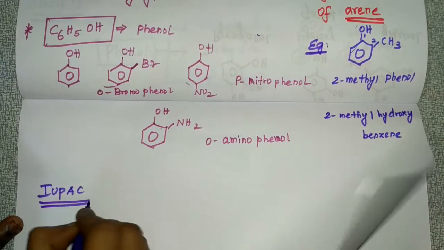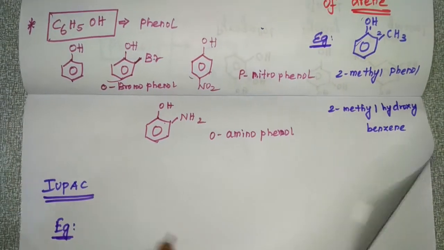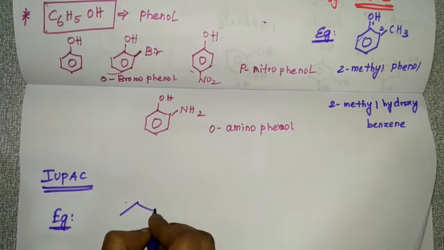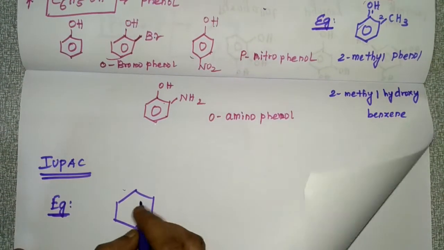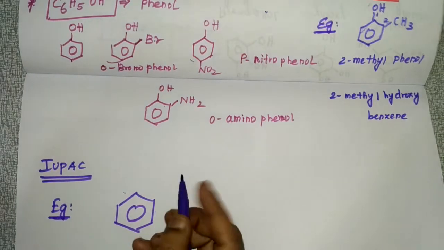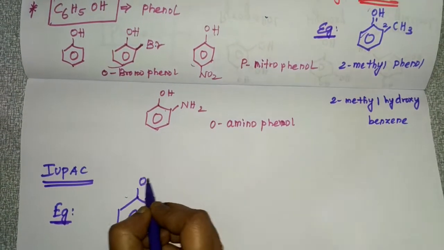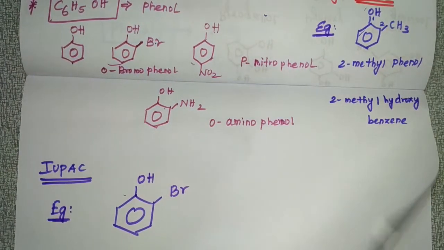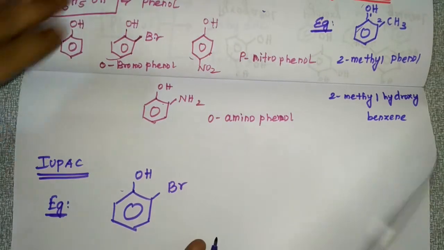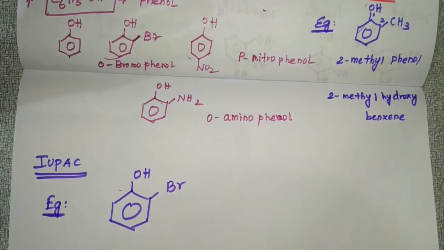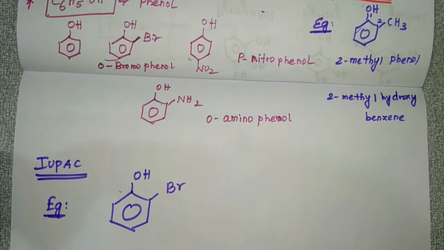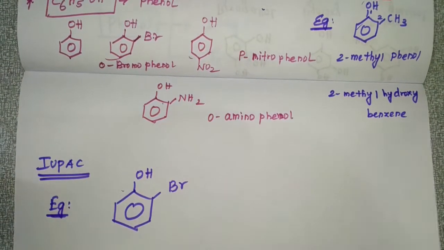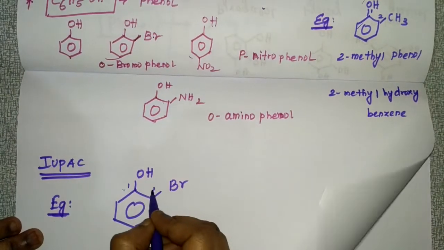So I'll give you another example for this IUPAC system. For this IUPAC system, I'll give you 2-3 examples, which will make it easy for you to name. See, OH and Br. Okay. So here also bromine is a substituent. So before this halogen in the seniority table, the OH group will be there. So definitely you have to give 1 to this OH and 2 to this Br.